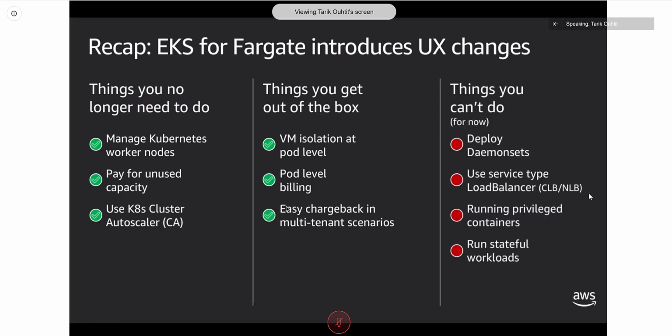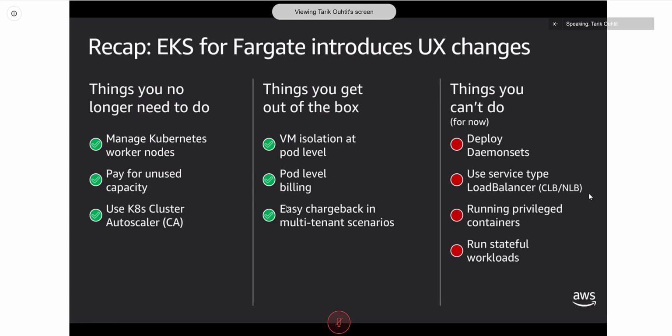There are some limitations to Fargate today. So you can't use things like daemon sets. In Kubernetes and containers, daemon sets are where, for example, you have 10 hosts and you want to run one container on each host. Daemon sets are often used for things like monitoring or logging agents. That doesn't make much sense in Fargate, where every single pod that comes up is its own node.